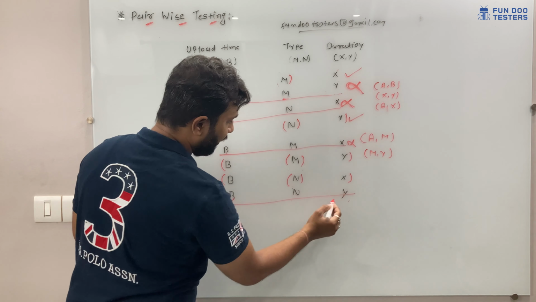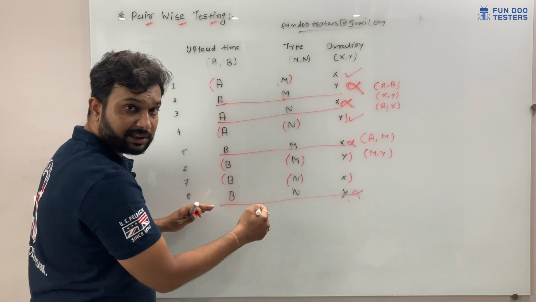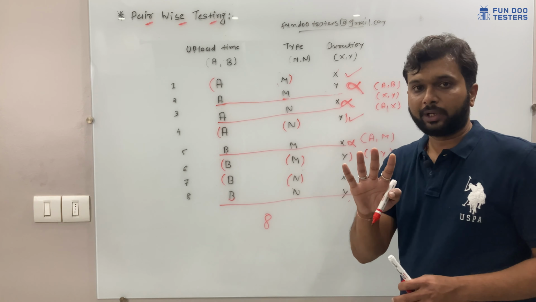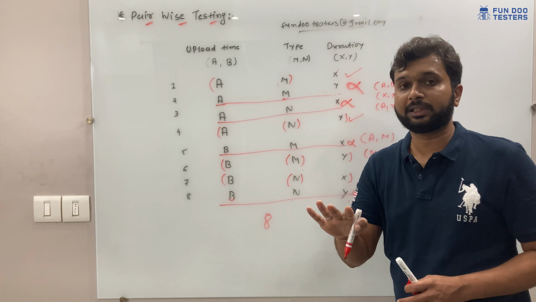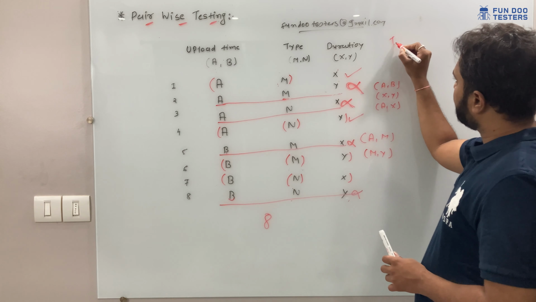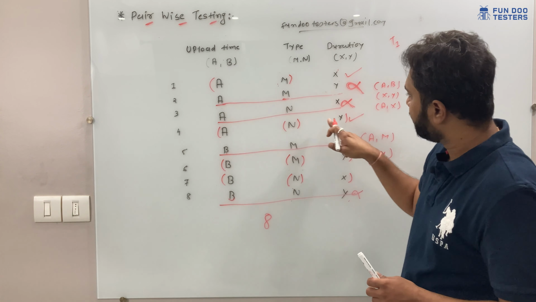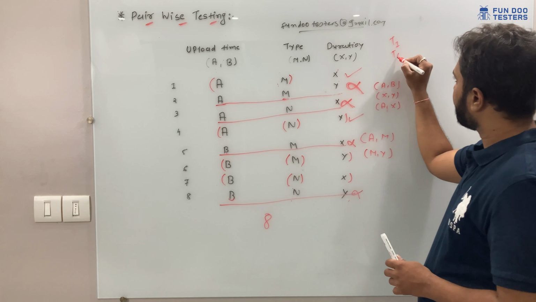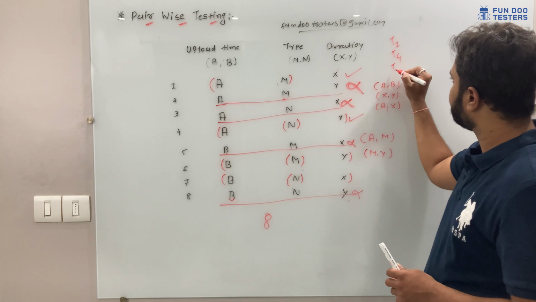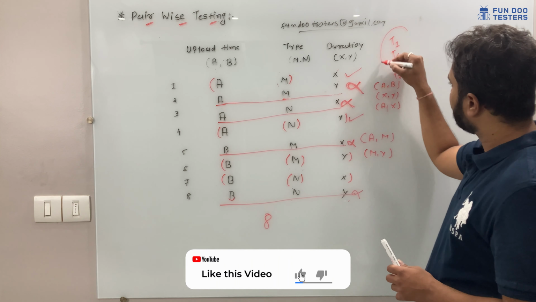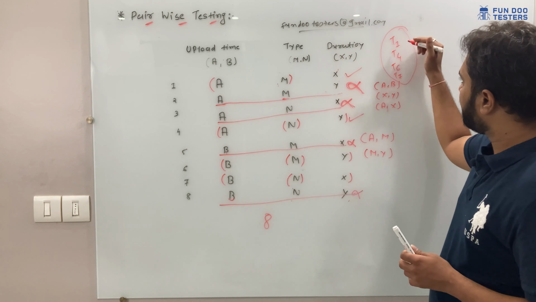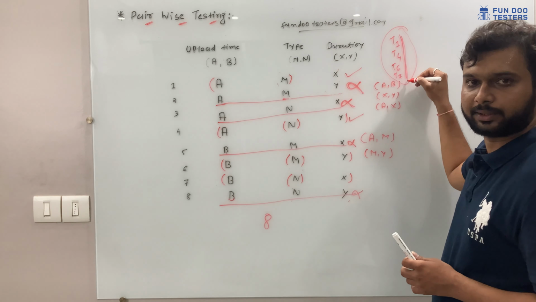So here basically we have discarded 4 test cases and 4 test cases are remaining. From the 8 test cases, we are going to consider 4 test cases, and we have reduced 4 test cases using pair testing. So here we have test case ID 1, test case ID 4 remaining, and which ones are remaining? 6 and 7. These 4 test case IDs we have. So if you want to test a scenario like this, we can cover it using 4 test cases.